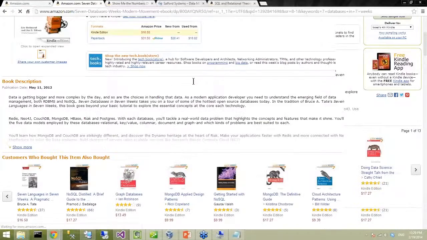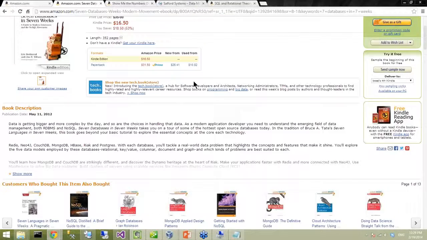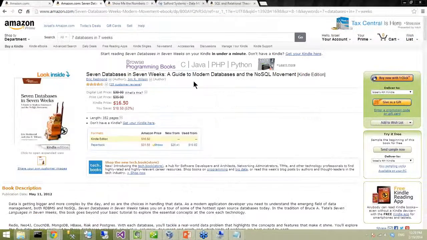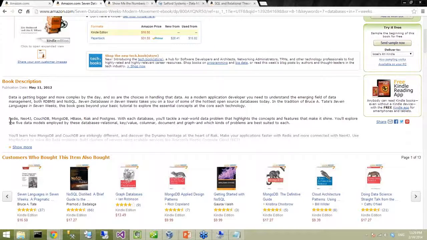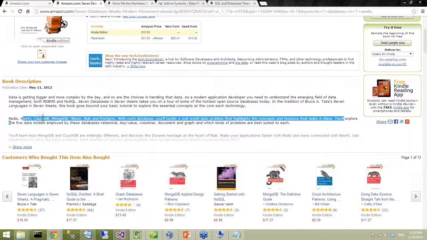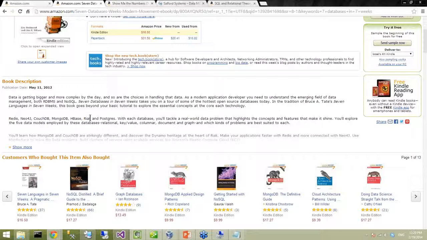There's a lot of non-Microsoft stuff in there for Microsoft developers. The databases they cover are cool: Redis, Neo4j, Couch, Mongo, HBase, Riak, and Postgres. The ones most interesting to me are Redis and Mongo, though they're all interesting.